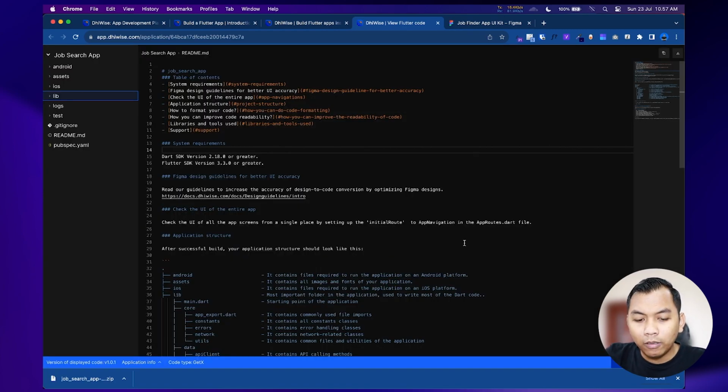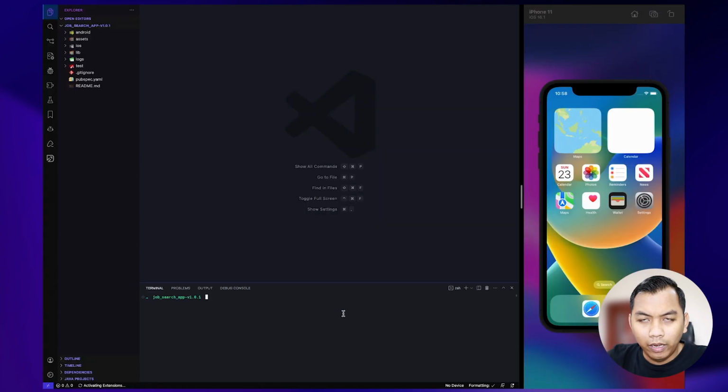After we download our code, we will see one file downloaded, which is in zip format, so we can extract it. As usual, we need to install all the dependencies using flutter pub get and wait until the process is finished.